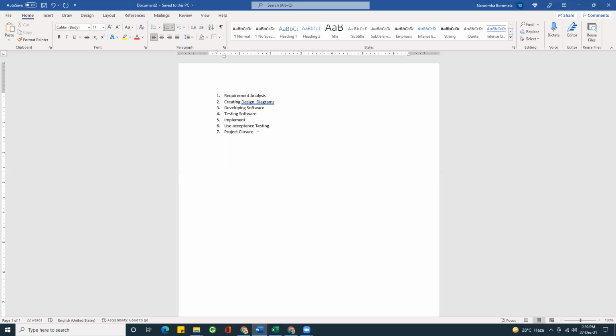Any activity that involves an appropriate number of resources, be it human resources or material resources, any kind of resource, and that involves a certain amount of time, and it should definitely have an outcome. Here, after requirement analysis, we will have a requirement specification document.